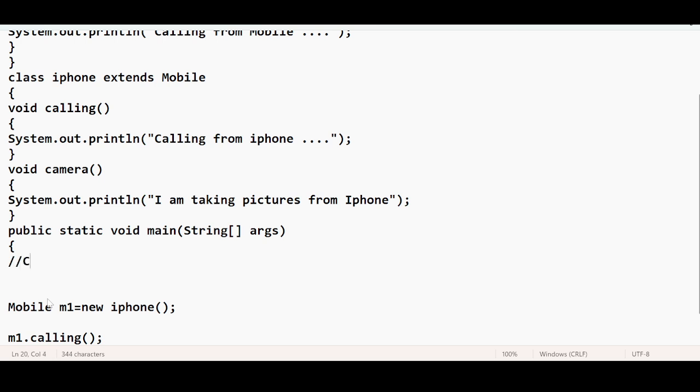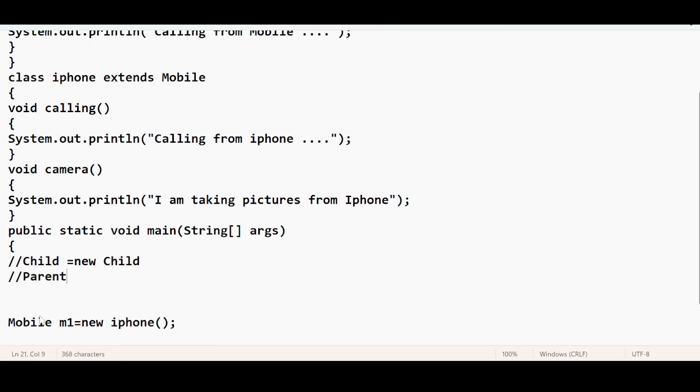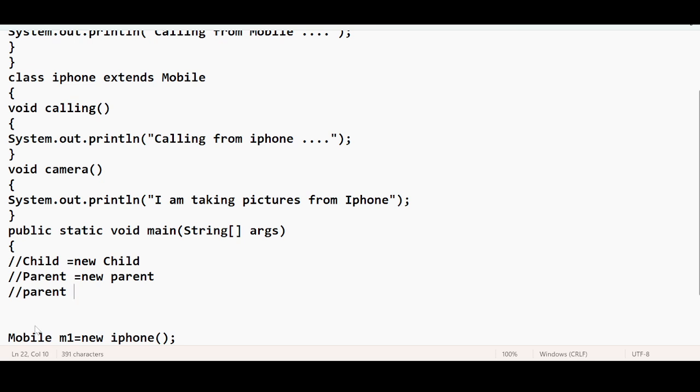Object can be created for child equal to new child, or parent equal to new parent, or parent equal to child. This is ordinary, this is also ordinary, this is upcasting.